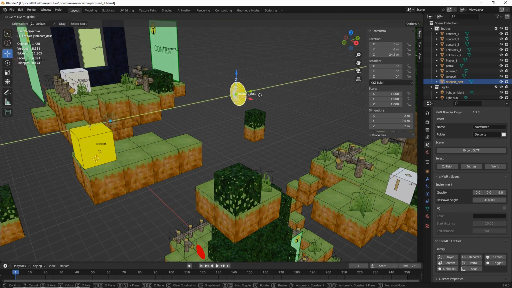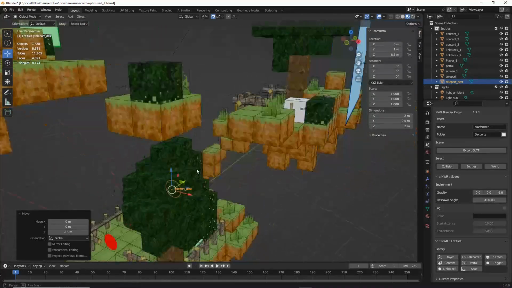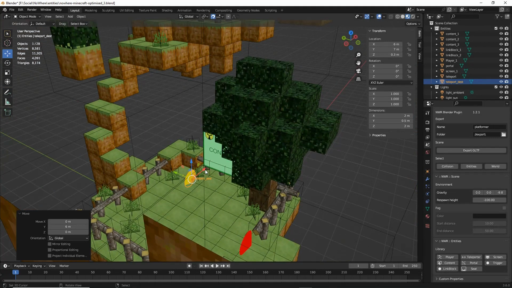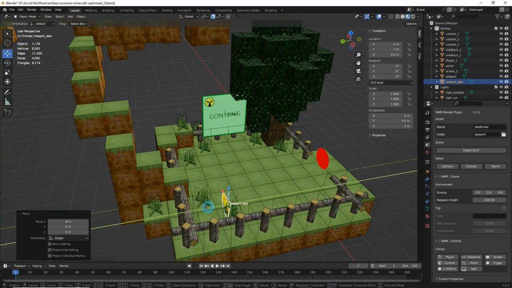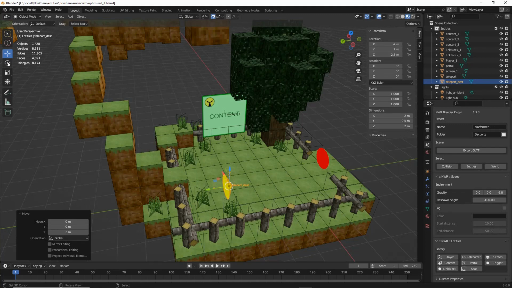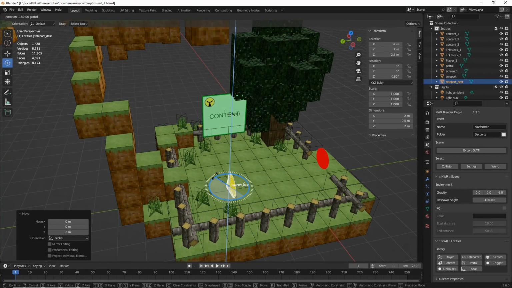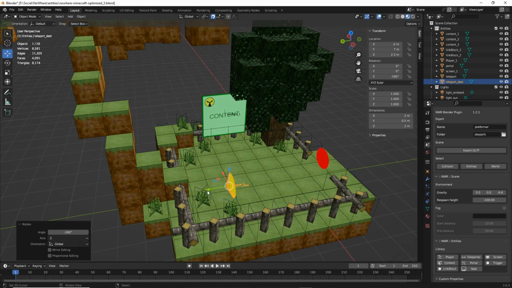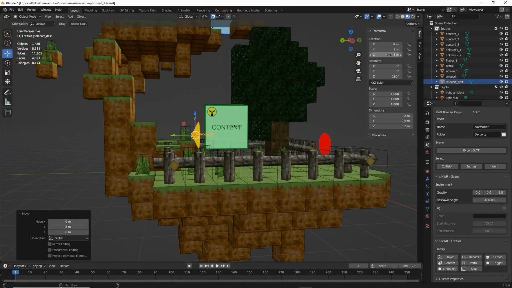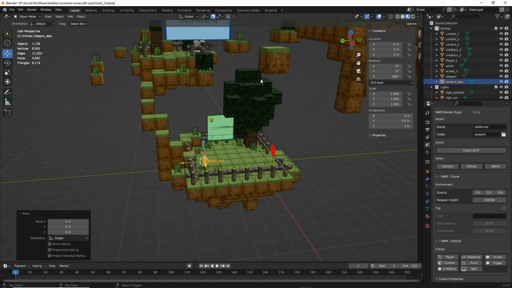And let's put this back down at the start. Rotate. So what will happen is